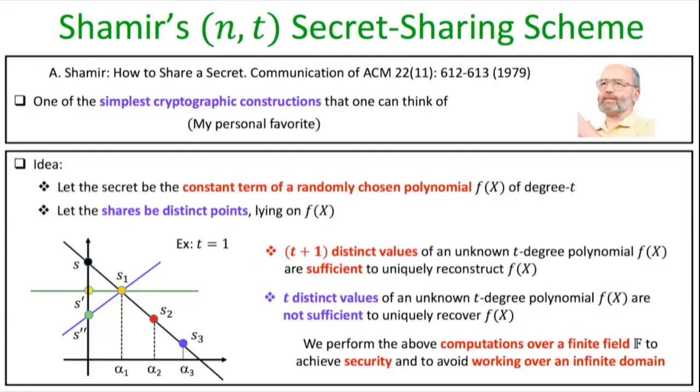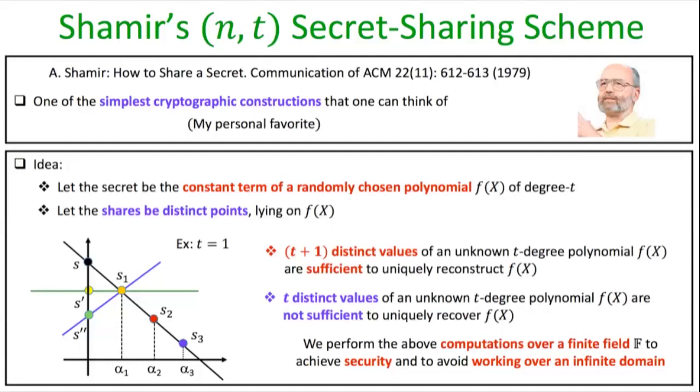So now once you have selected the straight line which you want to use for secret sharing, the shares are computed by just evaluating that polynomial at t plus 1 distinct values. Again, if I take t equal to 1, the shares are computed by picking distinct points on that straight line, except the value at x equal to 0. For instance, if I evaluate the line at x equal to alpha 1, alpha 2, and alpha 3, where alpha 1, alpha 2, alpha 3 are publicly known, then they can be considered as the shares for the secret S.